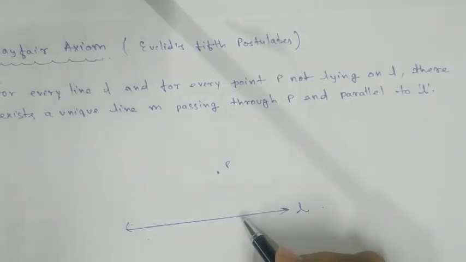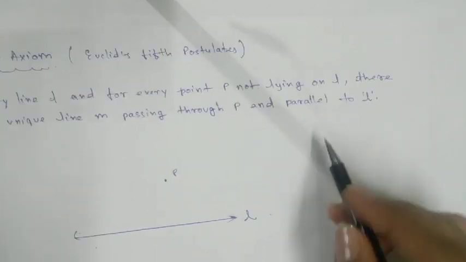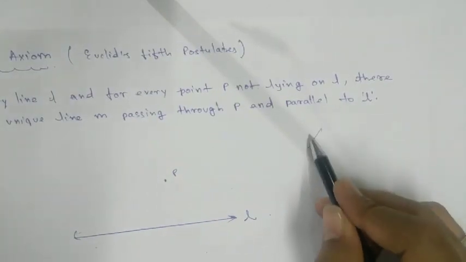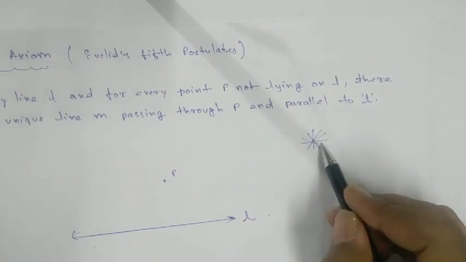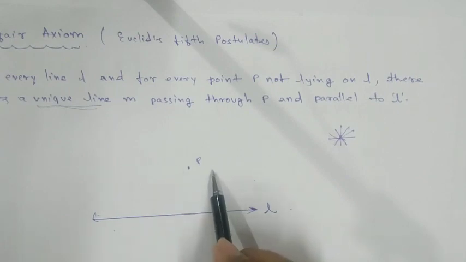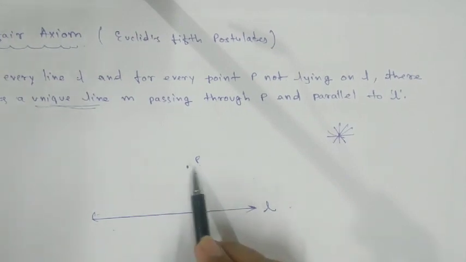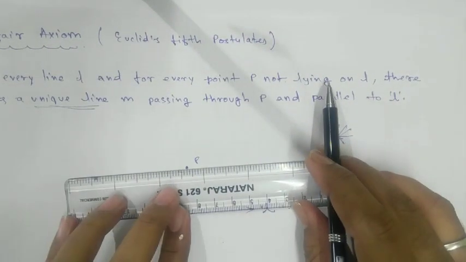There exists a unique line. That means there exists a unique line. We have already discussed that through a point there are an infinite number of lines. But what is it saying? A unique line. There are infinite lines, but look here. Through P there is only one unique line. You will get only a unique line